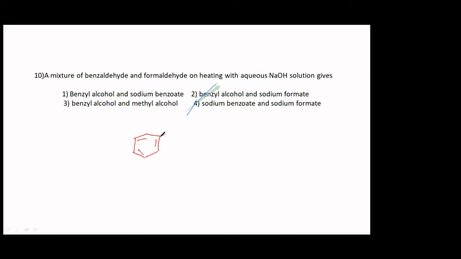Basically, you're supposed to consider this dianion. This is a hydride donor. In formaldehyde, this is the intermediate which is formed, and this is H. So this is a better hydride donor than the other one. If it is going to donate the hydride, this will be reduced and this will be oxidized. Correct? So that is how you are going to do it.